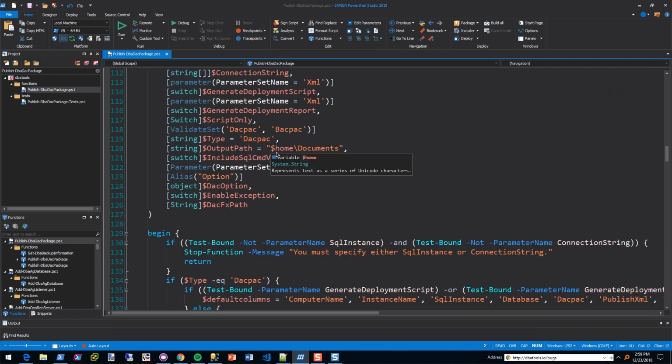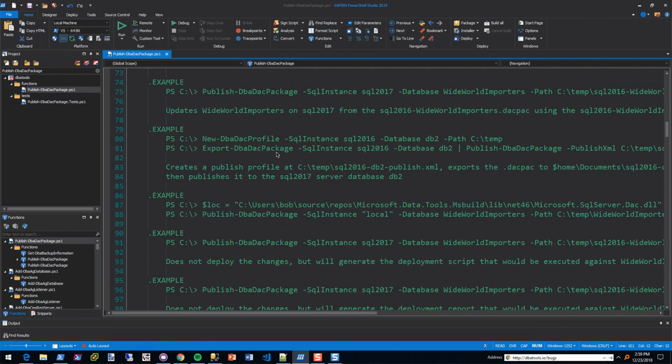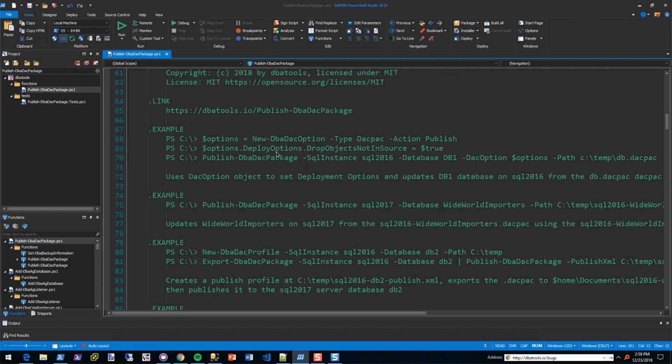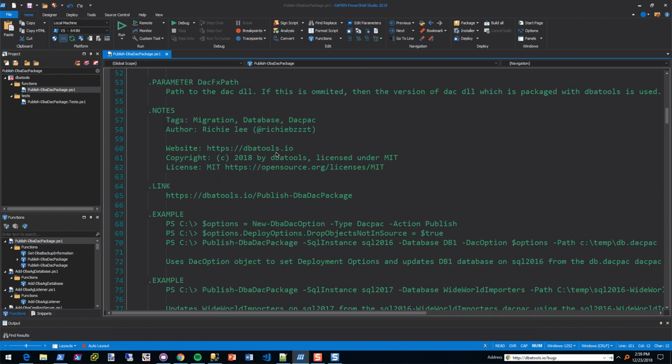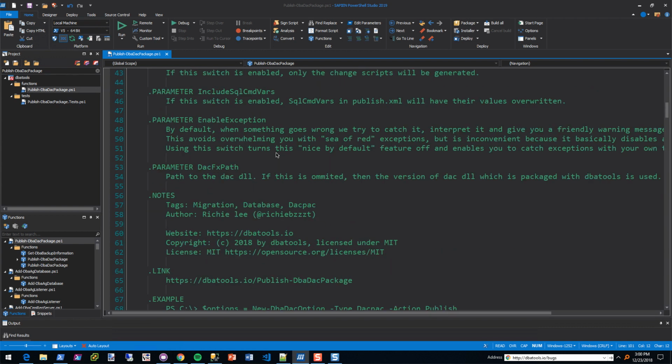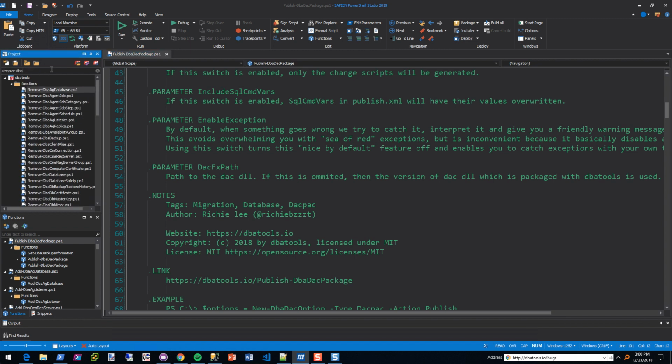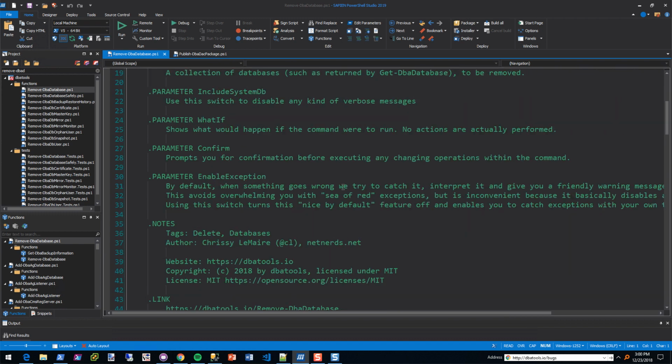All right, so now that we've actually added that, what we need to do in addition to adding the examples is we also need to add, because our CI/CD process checks for if you have WhatIf and if you do support ShouldProcess, it checks for our help. So we need to add that. So I know that Remove-DbaDatabase totally has this. I'm going to go ahead, just copy paste it.